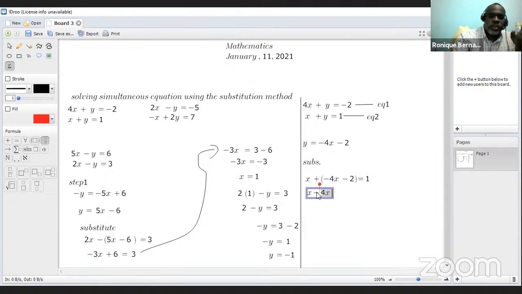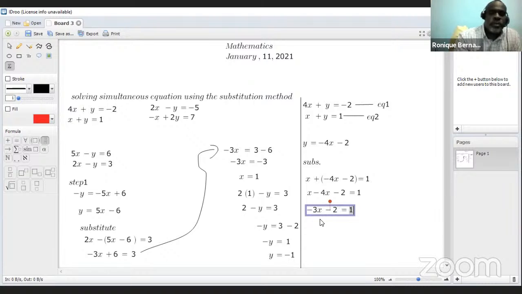Now we have minus 2 equal 1. Good. Now, x minus 4x is going to lead us to negative 3x, as Tangini explained. You're subtracting a bigger number from a smaller number, so we'll have a negative response. So we have negative 3x minus 2